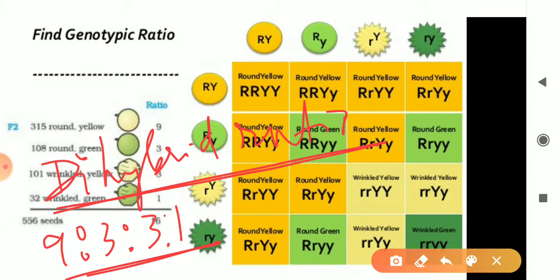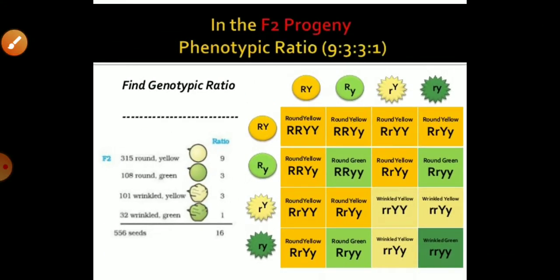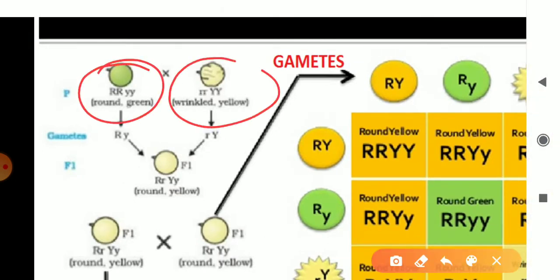So for monohybrid, I've told you, it is 3 is to 1, and the dihybrid ratio is 9 is to 3 is to 3 is to 1. And from looking at these new combinations, a conclusion is made. We had taken seeds which were round in shape and green in color, right? And the other one was wrinkled-shaped seeds which were yellow in color. But then we got four different possibilities, right? So this shows that the shape of the seed was not linked to the color of the seed.